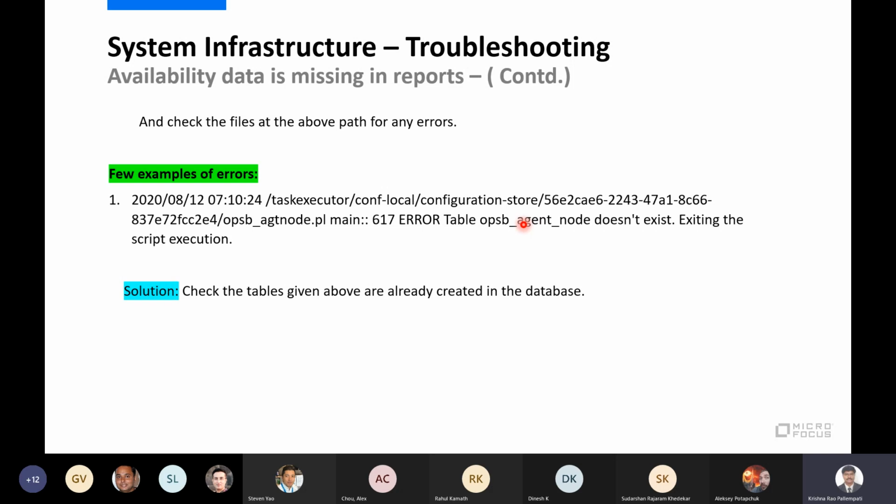So based on the log errors, either we need to re-verify my task flows, re-verify whether any configuration got changed recently, or my installation itself has gone wrong. If the tables are not created, that means my OSPF installation has some issues where it didn't create the proper tables as I mentioned in the content.